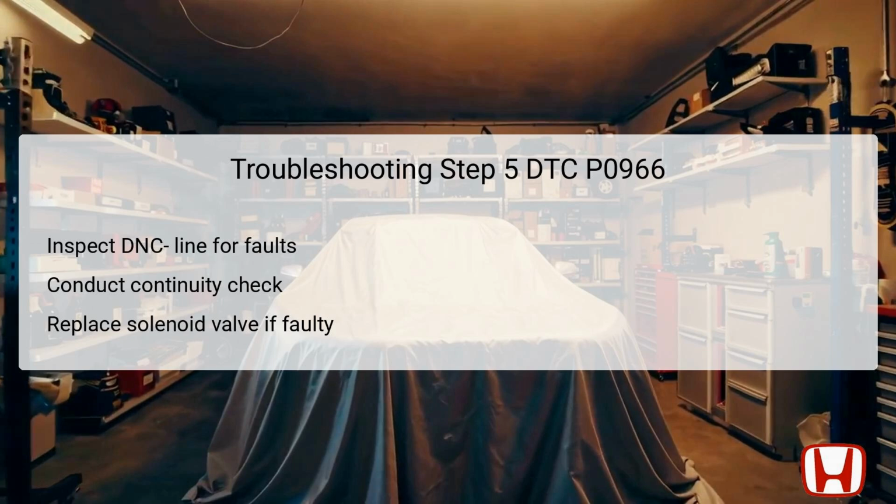The repair may involve fixing the DNC- wire break between the solenoid valve and ground, or addressing any deficiencies in the ground connection itself, typically marked as ground G251. Achieving continuity here is vital for the CVT functionality